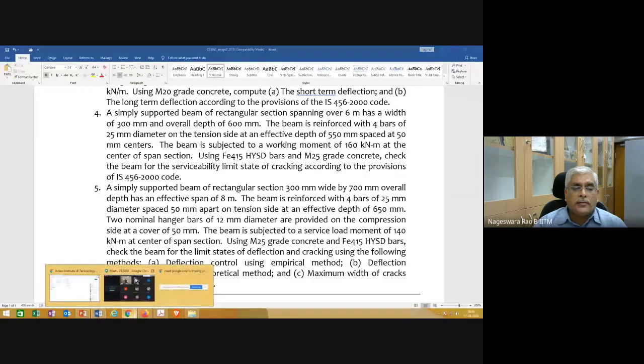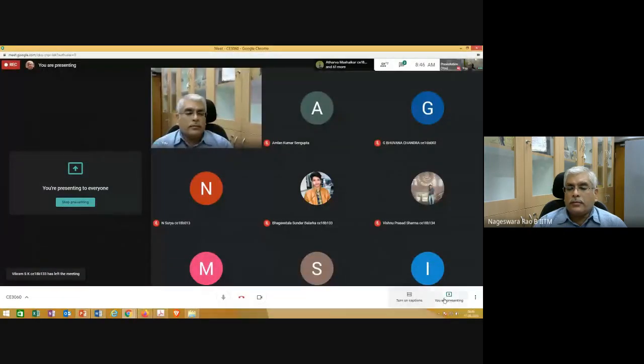Any questions? Professor Ramlan, do you want to add something? Yes, see, the second reading assignment has been uploaded in Moodle. The reading assignments are given for you to stay focused on which portions to read from the code, from the handbook, and from the text by Professor Pillai and Menon. Please see the reading assignment and read accordingly.